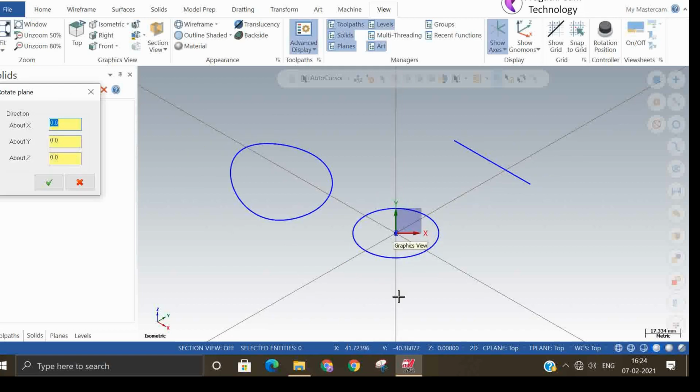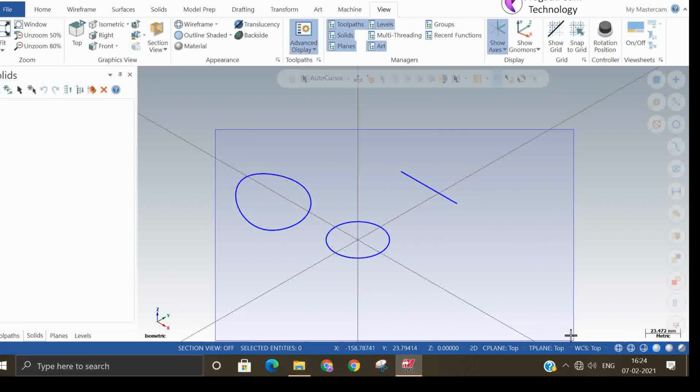Now it's a 2D drawing, so I just rotated Y 25 degrees. But in 2D it is not easy for us to see the clear picture.